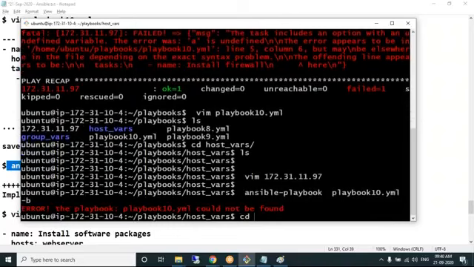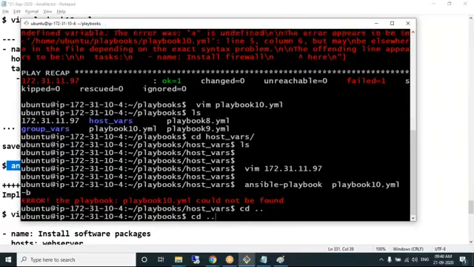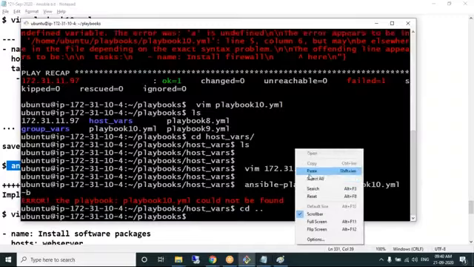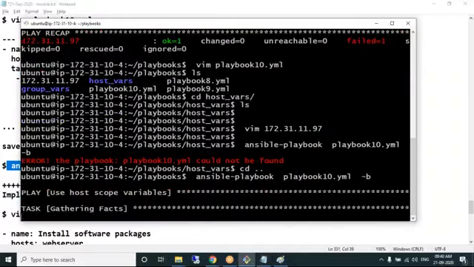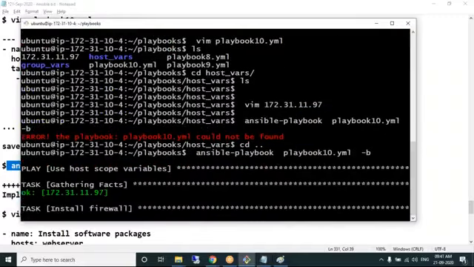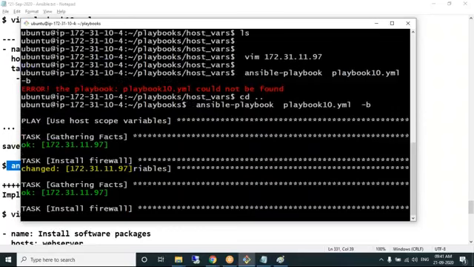Not here, cd dot dot. You need to go to the playbooks folder and run the playbook. It's running on one machine. Yes.